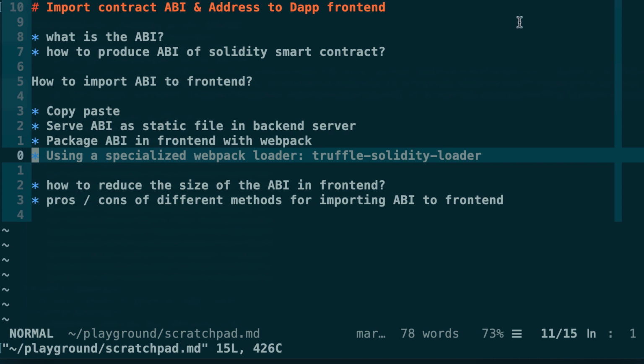So what I really like about this Webpack loader is that you can run your Webpack in watch mode, and Webpack will watch your Solidity files, and every time your smart contract changes, then truffle-solidity-loader will run automatically and recompile your smart contract. So it will produce the contract artifact, and it will be updated in the bundle that is